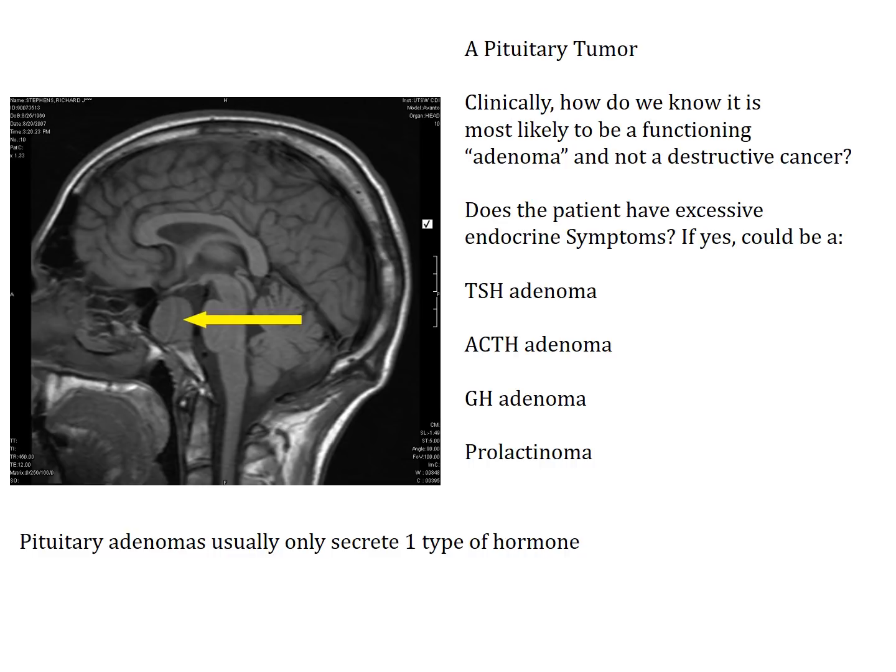There's also an adenoma which secretes prolactin. We're not going to talk about that. The interesting thing about the pituitary adenomas is usually the adenoma only secretes one type of hormone, one type of tumor, one type of hormone. You usually don't get an adenoma secreting a bunch of hormones. It's usually just one hormone, okay? And the type of hormone which is secreted defines the physiology, the endocrine disorder that that individual is going to experience. And here on that MRI, the yellow arrow is pointing at a pituitary gland, which is like maybe 3 or 4 times the size of a normal pituitary gland.